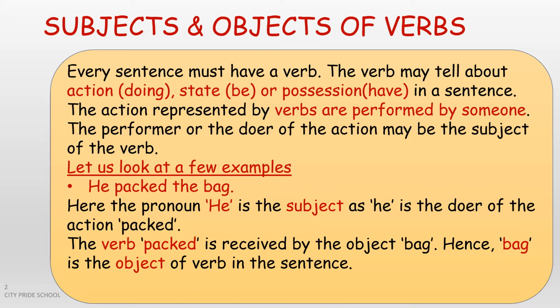An object may be there, may not be there. Sometimes when there is no object in a sentence, it still makes sense, like birds sing or the birds sang melodiously. So here we don't have any object, yet it is making complete sense. So it entirely depends on the kind of sentence that we have. But right now, since our topic is object of verbs, we are going to discuss in detail when a sentence has an object, what it is, how it is an object of verb, and how many kinds there are. All these things we are going to cover.